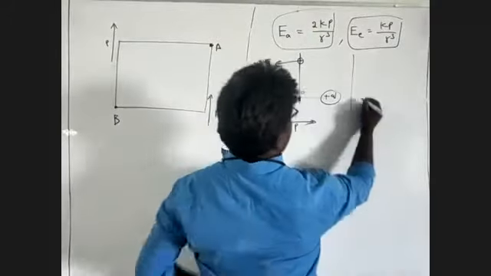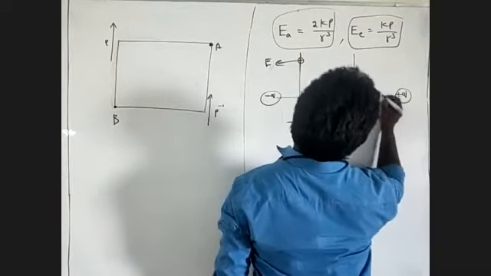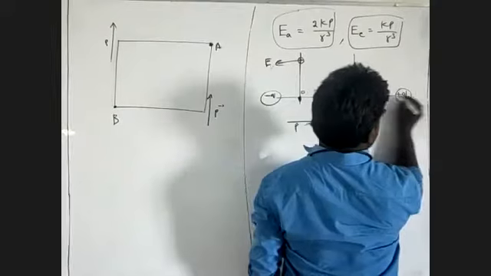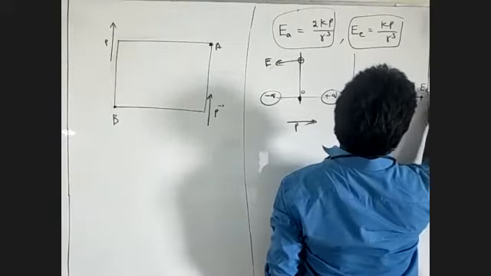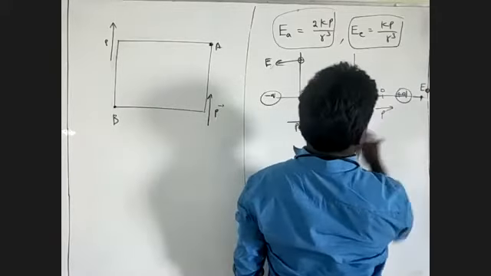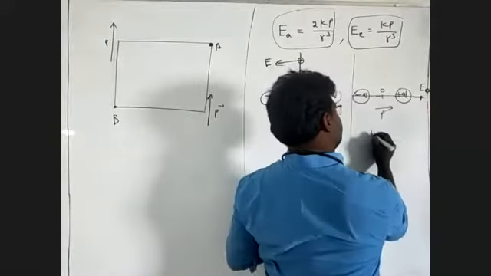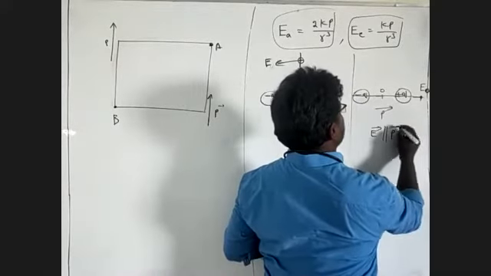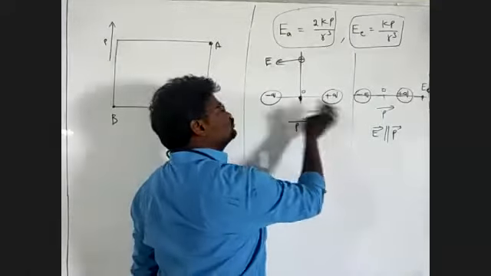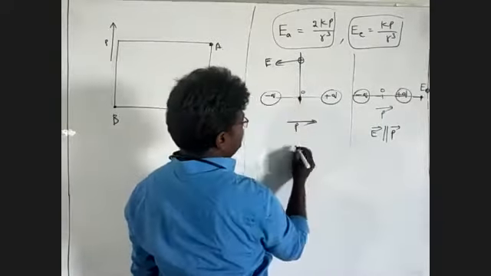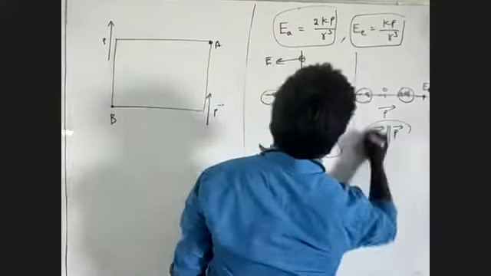This is a basic one. This is the negative charge and this is the positive charge. This is the electric dipole. This is the resultant electric field at the axial point. The direction of the dipole moment and the electric field are parallel to each other. The dipole moment is from negative to positive. At the equatorial point, the resultant electric field and dipole moment are anti-parallel. Keep this in your mind.